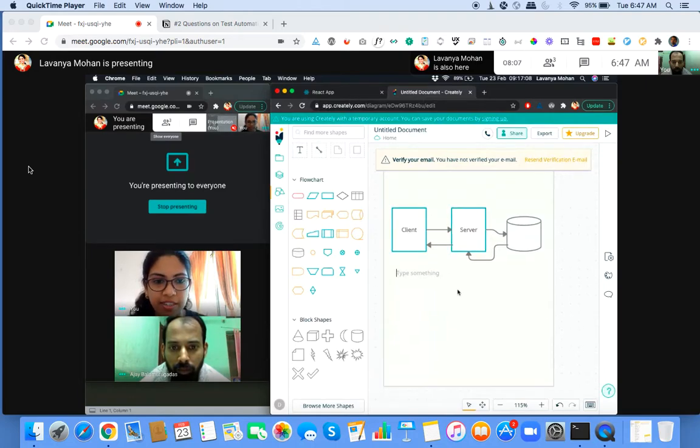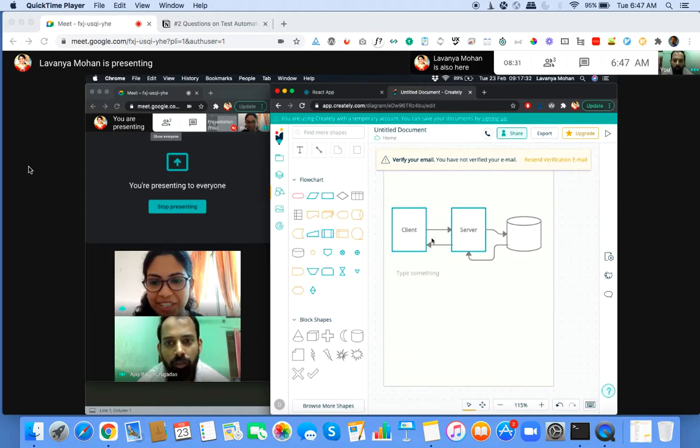This is a very simple application which just looks like this. There is client side code. That client side code makes a call to some server. The server talks to the database, gets the book, does some computation like showing only five results, and then sends that back to the client, and then the client displays it. So, a very simple model.